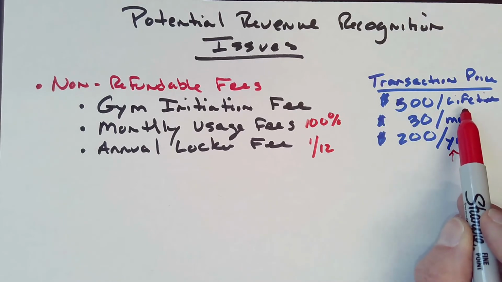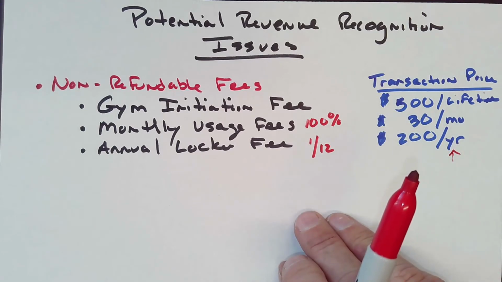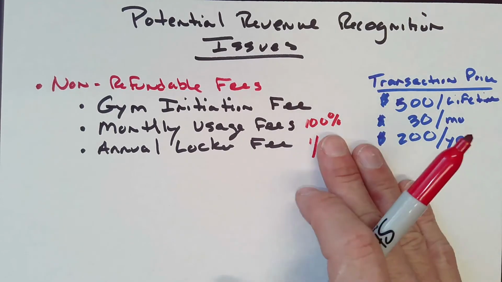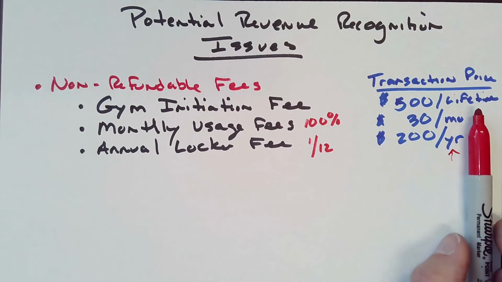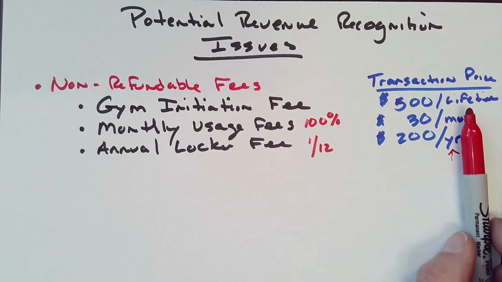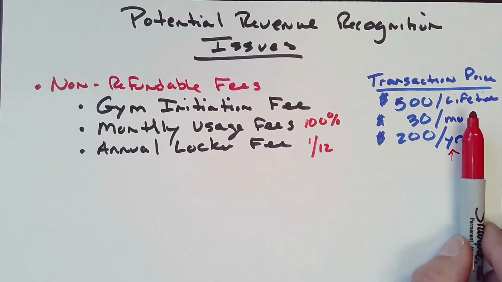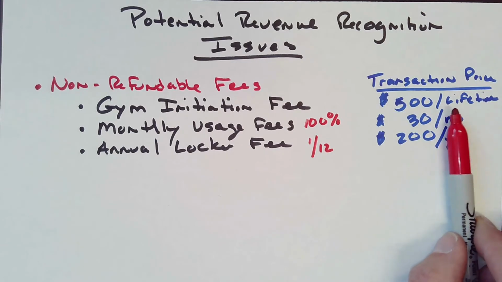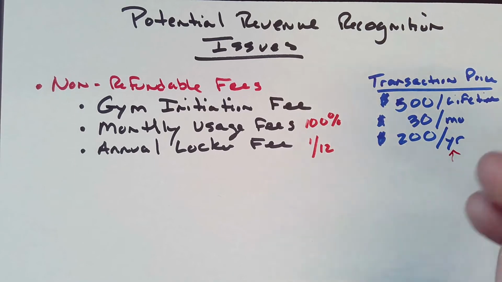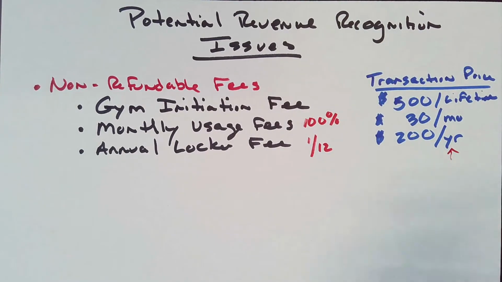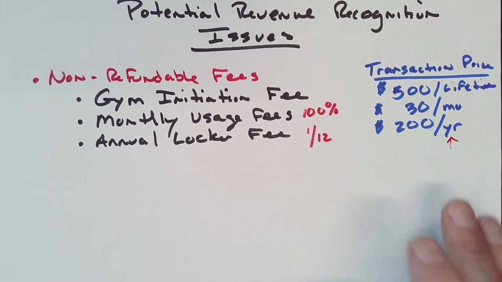You have to recognize that over the life of the customer. That seems harsh. Well, it is. I don't have to estimate how long you're going to live. The lifetime may be the lifetime of the membership. So let's take a look. I might have to estimate